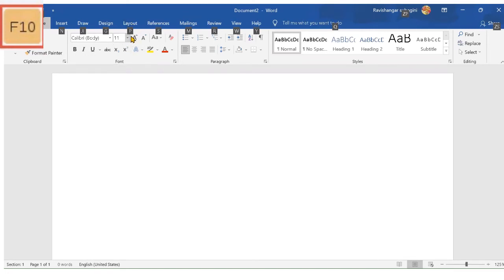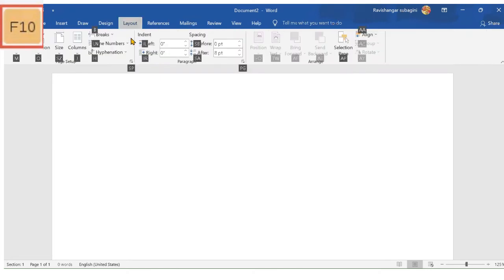When the menu bar gets activated, English letters appear under each menu. By clicking each letter, the ribbon under the menu will open, which also has English letters, and by pressing those letters, we can do our work easily.